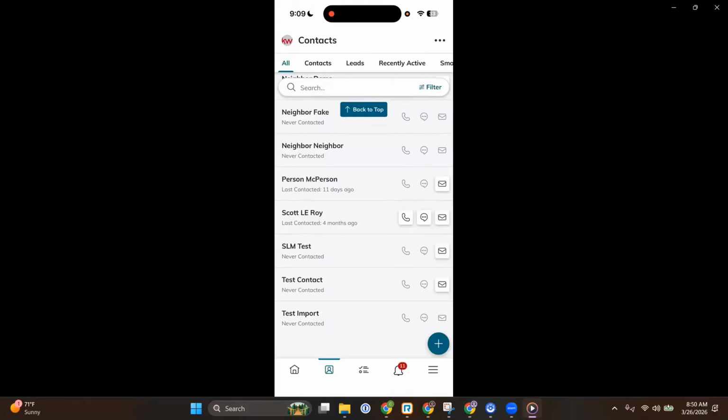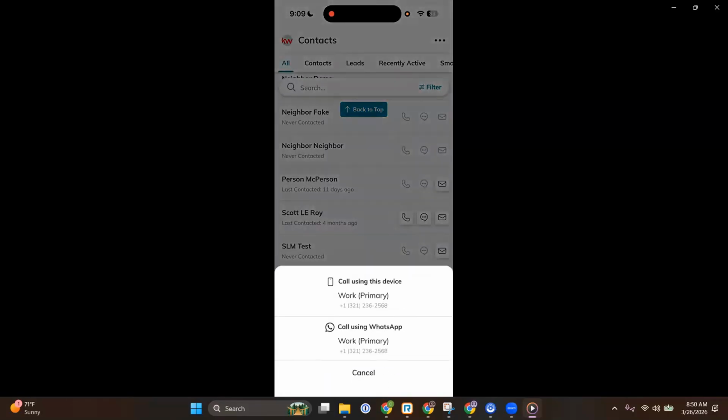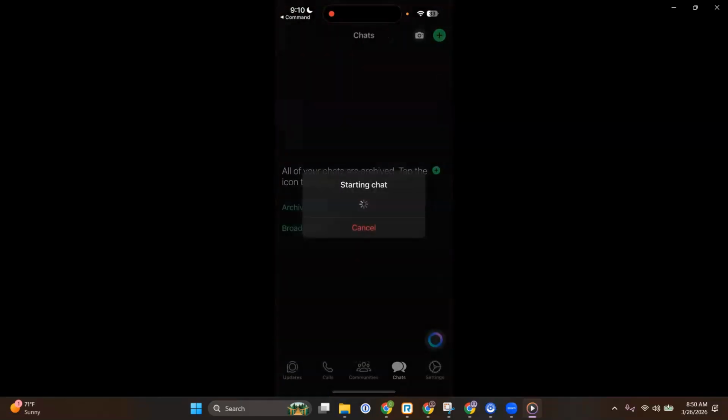So for here, we'll go ahead and tap on that white square with the phone, and it should give you this option. So at the top, it's asking you if you would like to call using your own device, your own phone number on your phone, or the second option is call using WhatsApp. So we're going to go ahead and tap on the second option for WhatsApp, and it should open your WhatsApp